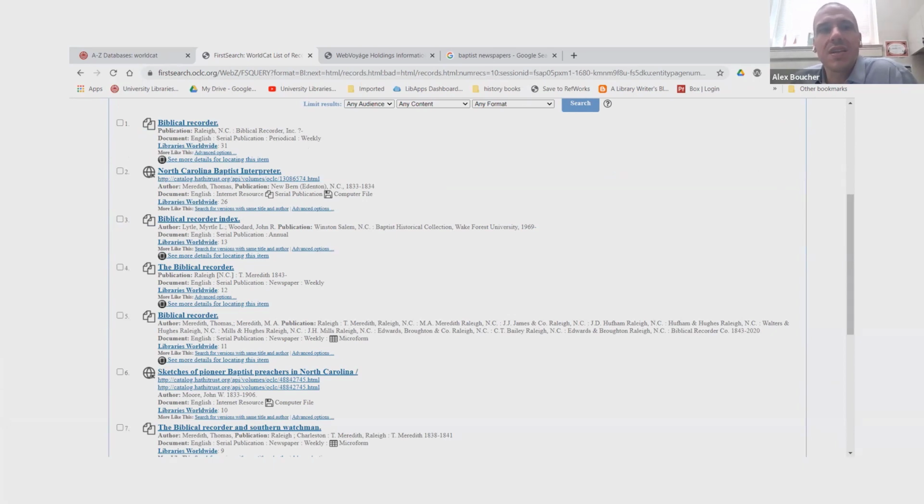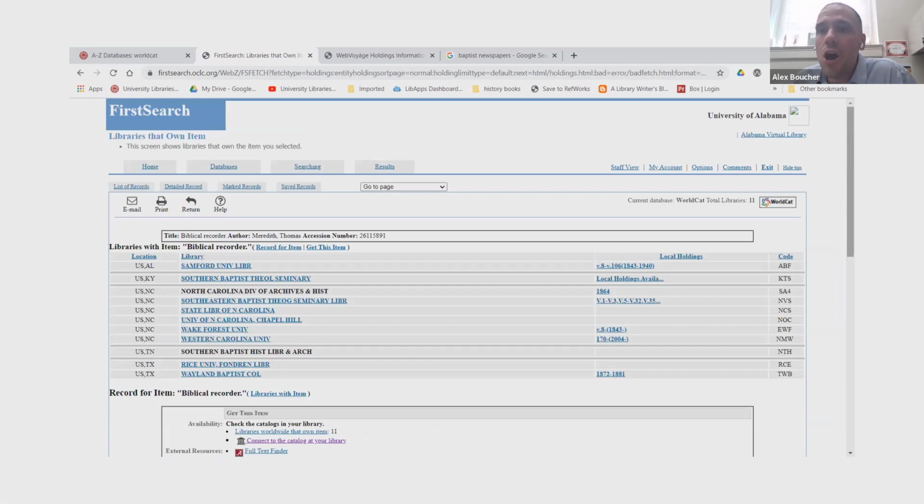Basically, the first option looks to me like the actual newspaper. Archives will have physical editions of this newspaper. Scroll through, and the fourth one looks like the same thing. What you would most likely be looking for, though, as a student in Tuscaloosa, if you can't access it through the internet, is microfilm. So the fifth link is the microfilm link. You can see what libraries own the microfilm of this newspaper. In this case, you would see that Samford has a lot of editions of it, 1843 through 1940.